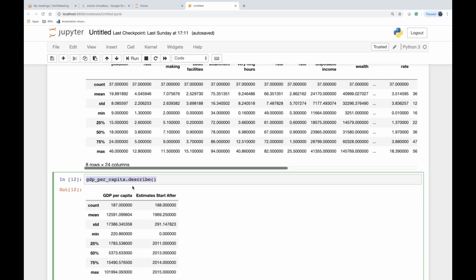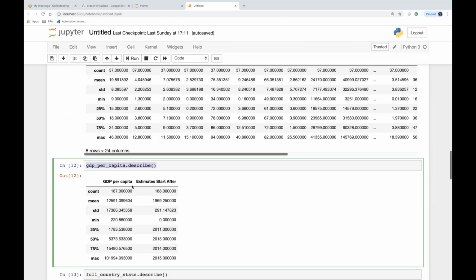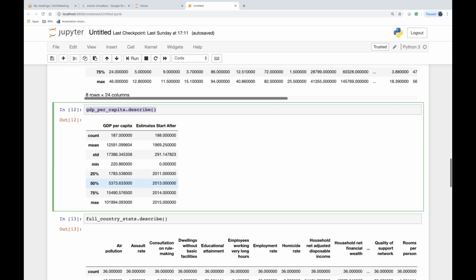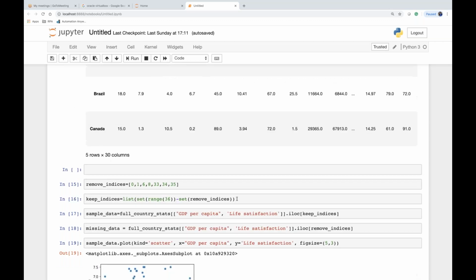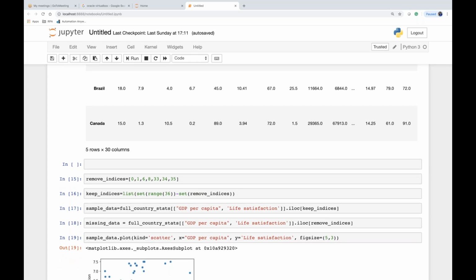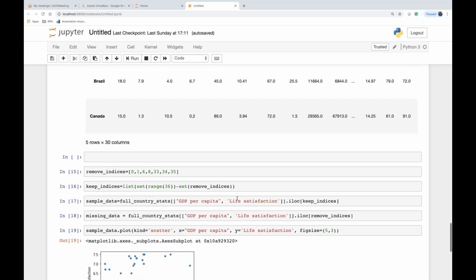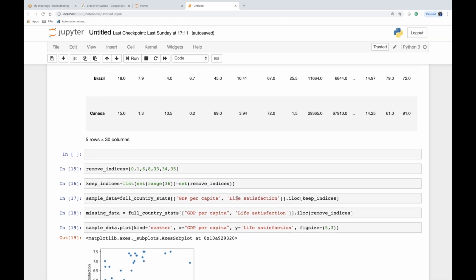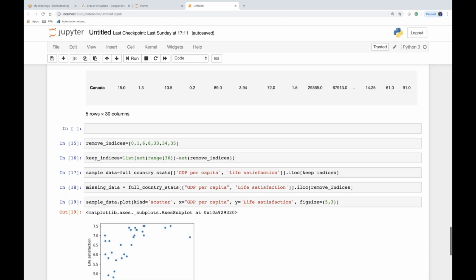Now, let me go back. This is all done. Now, I explained you what is remove indices. I also explained you what is keep indices because I wanted to use sample data and test data. For that reason, I have taken 7 rows as missing data, and my sample data will be full information out of 36. That is what it is. We plotted. If you see here, your missing data is only